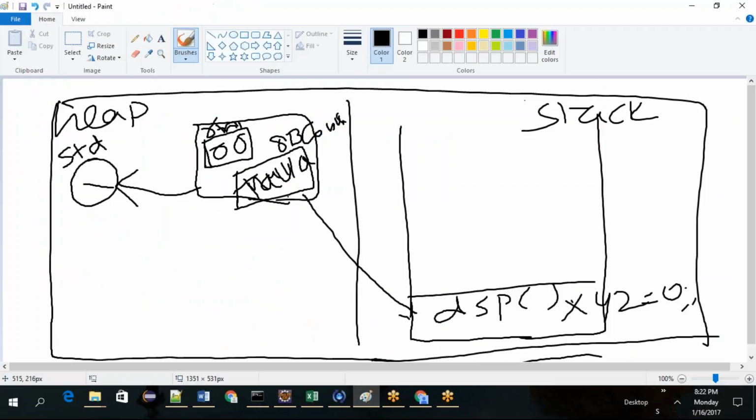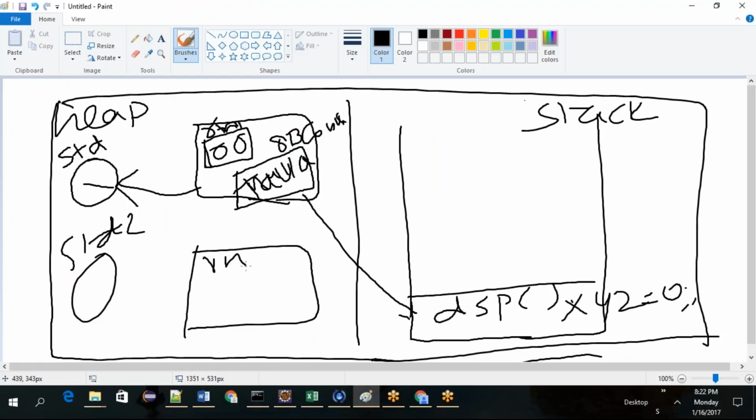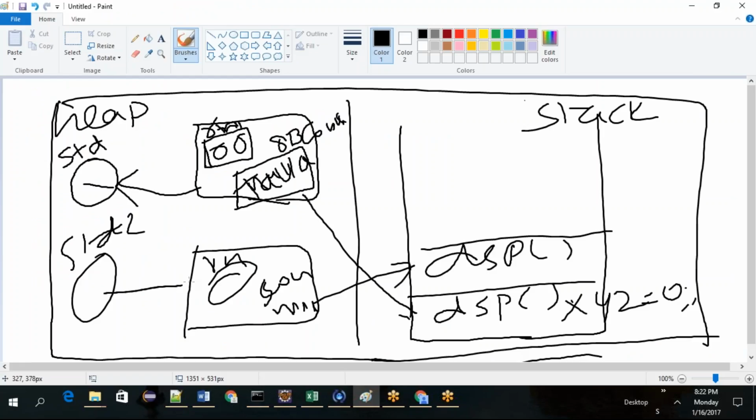Now what will happen? Same structure, another std2 will be created, another object will be created, rn with 0 and course with null, and another DSP method refers here. This will be referred here. As many objects as you create, that many objects will be stored in the heap and the corresponding methods will be stacked. You getting my point? Local variables will be in the stack. This is how the memory allocation will happen.